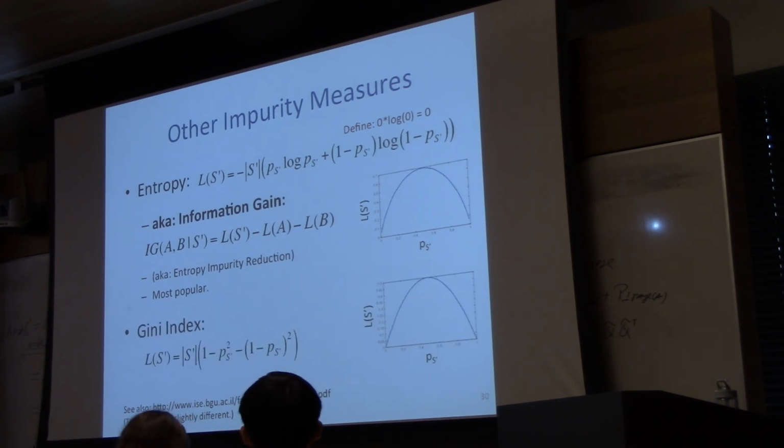Another one is the Gini index. Here's the formula, where this again is the fraction of positive examples in S prime, and it looks like this. In fact, almost any measure of impurity that gets